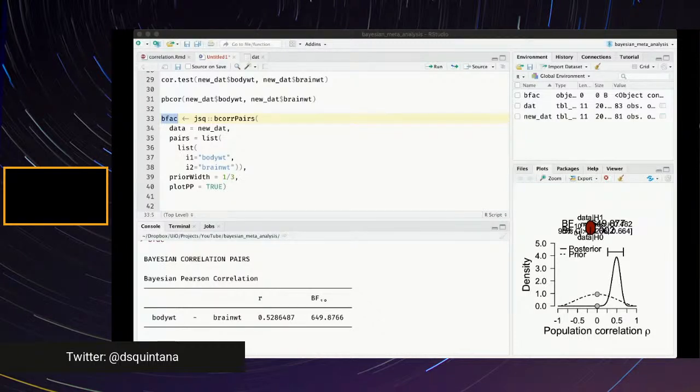This suggests that correlation coefficient values around 0 are much more likely than values closer to 1 or -1. Still, regardless, our Bayes factor is the relative evidence for 1, which is the alternative hypothesis, compared to 0, which is the null. You can also look at the inverse, which is the Bayes factor for a comparison of the relative evidence